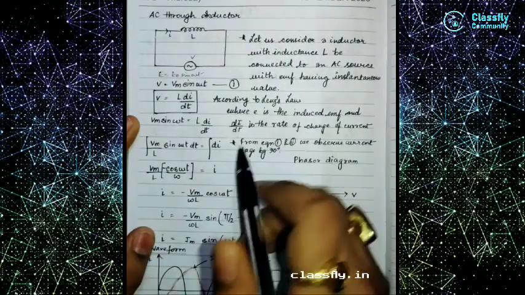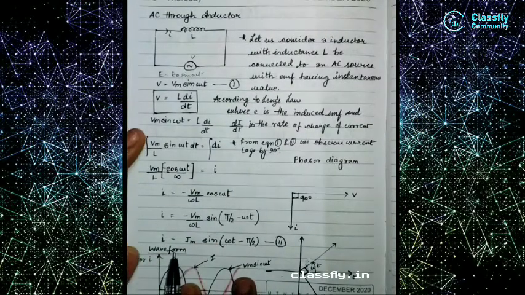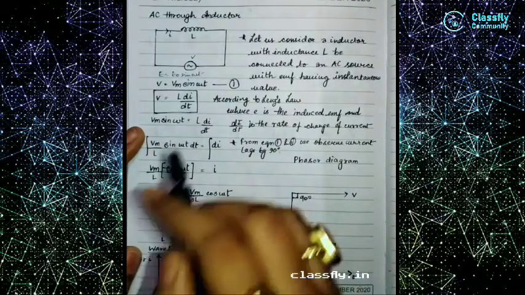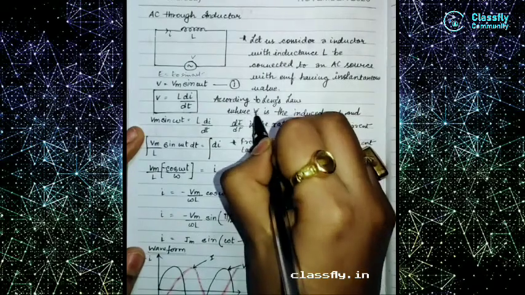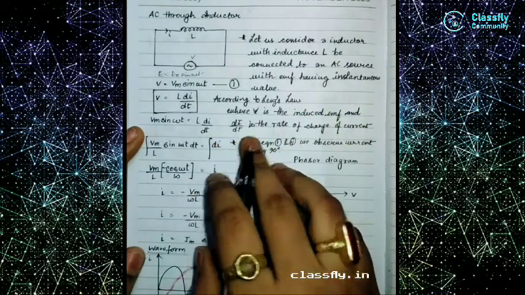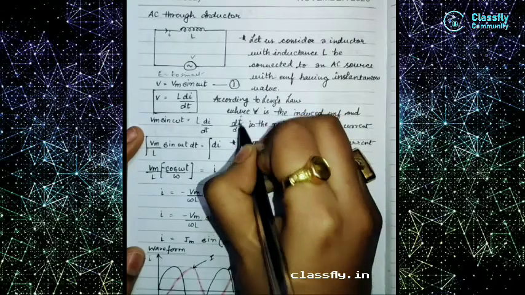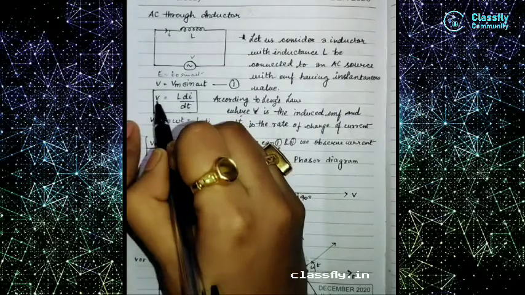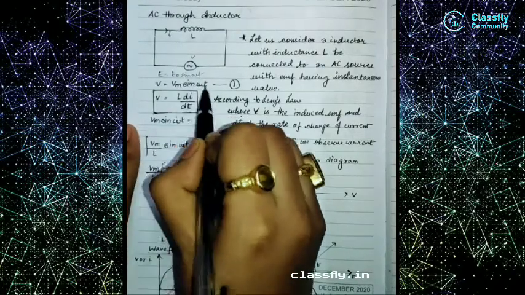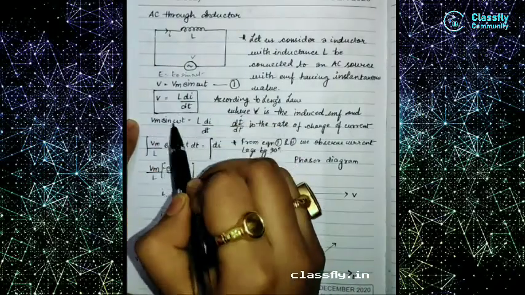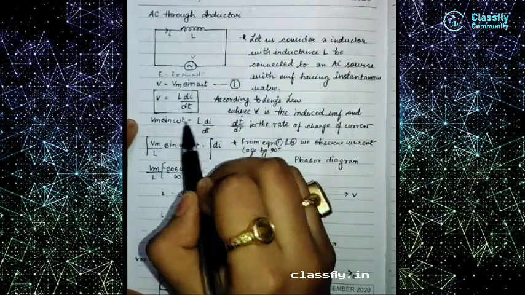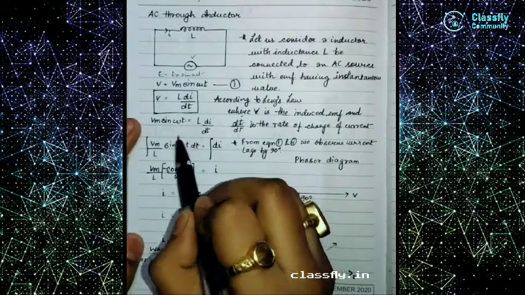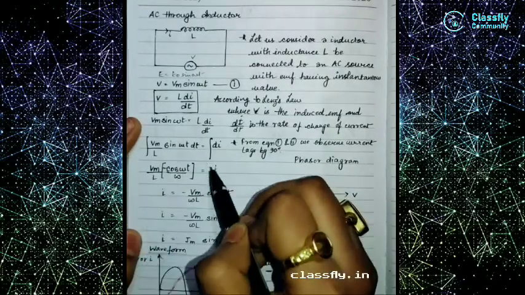According to Lenz's law, we know that the inductance relationship with the voltage is that V is equal to L di by dt, where E or V is the induced EMF and di by dt is the rate of change of current. Now we know that V is equal to Vm sin omega t, which is an instantaneous value. So we will put the value here and bring the L down and take the dt to this side. So we remove this dt and di, we need to integrate.